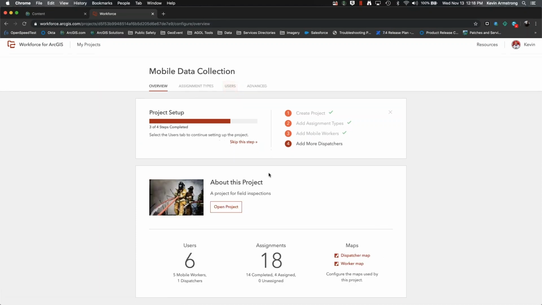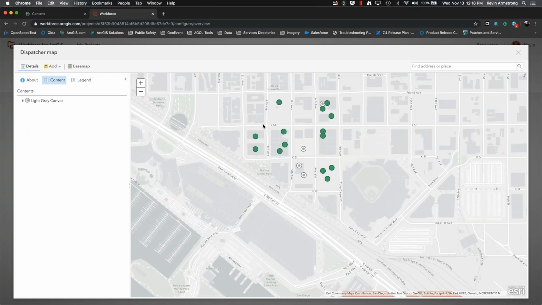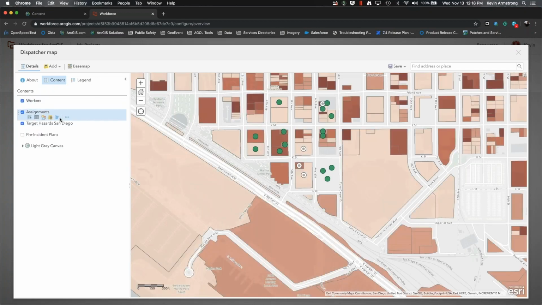So within this project, we have a map for the dispatcher. And when I open up that map, by default, this is going to show me the locations of all my assignments, symbolized by the status. But I've taken that target hazard layer that I just published, and I've added that to this map. So now that gives me an extra level of information for my chief, or whoever's scheduling out these pre-plans, to know, hey, where do we begin, or where do we want to focus our efforts when we're out there doing our pre-plans. So I just go to add, search for layer, and I add that target hazard layer